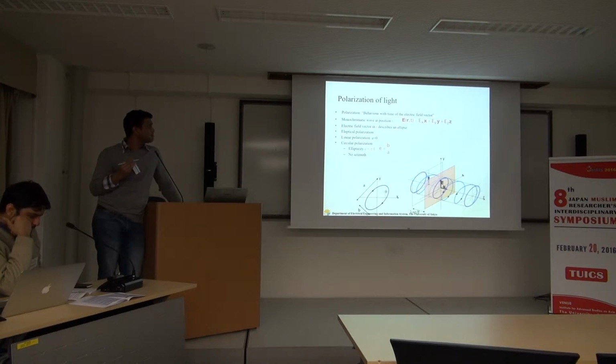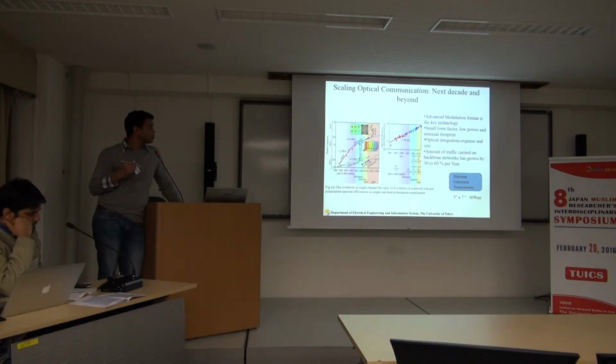So you can manipulate polarization of light. Now you know that an electromagnetic wave is a transverse wave with two components, the transverse electric and the transverse magnetic component. So you can also manipulate polarization of light. Now, why I'm talking about polarization is that currently, from the 1980s, since we had stable laser operations, we used wavelength division multiplexing, then polarization division multiplexing, which was used with wavelength division multiplexing, and now we are using SDM, but still the efficiency of the circuits is not that high. And if you look at the currently deployed transceivers, which are coherent transceivers, you can see they are using 80 watts of energy.